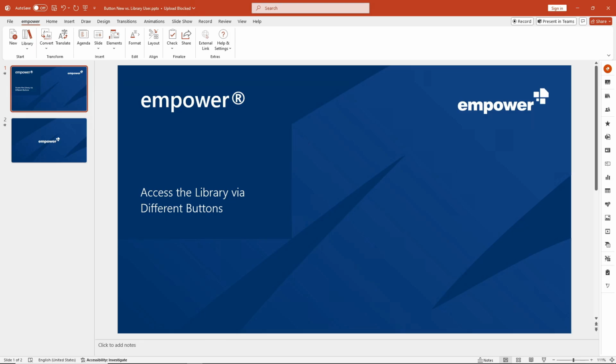In this tutorial, I will show you how you as a user can access the library via different buttons and tell you which limitations apply. The Empower feature shown here should also be integrated into future versions of Empower and in some cases already in older Empower versions. If you navigate to the button New in the Start group of the Empower ribbon and click